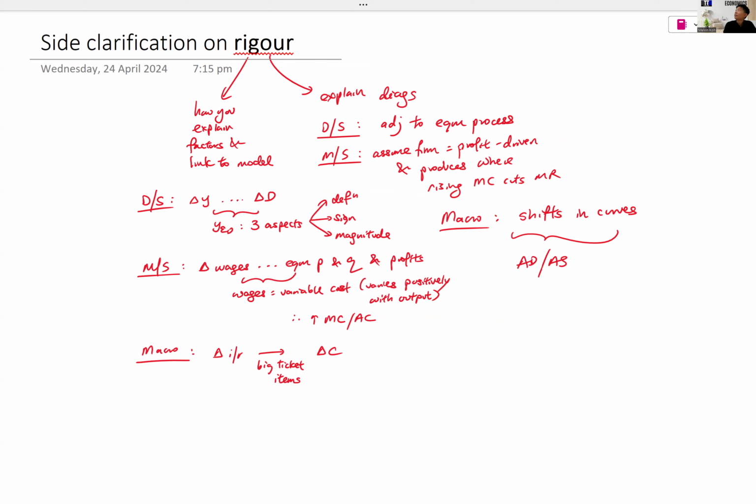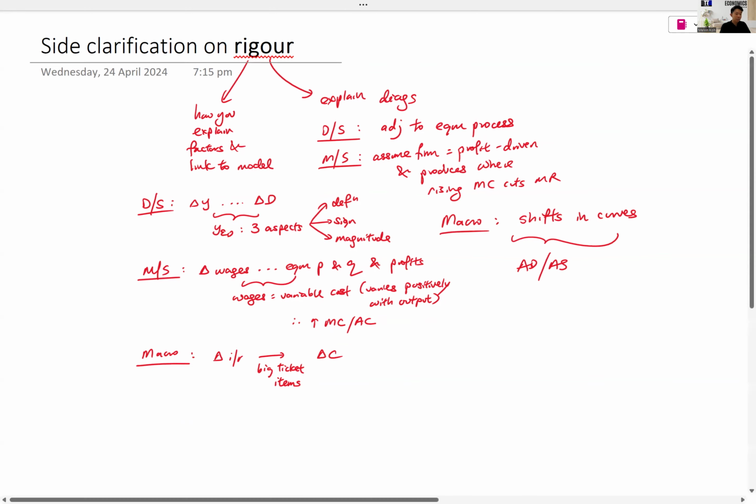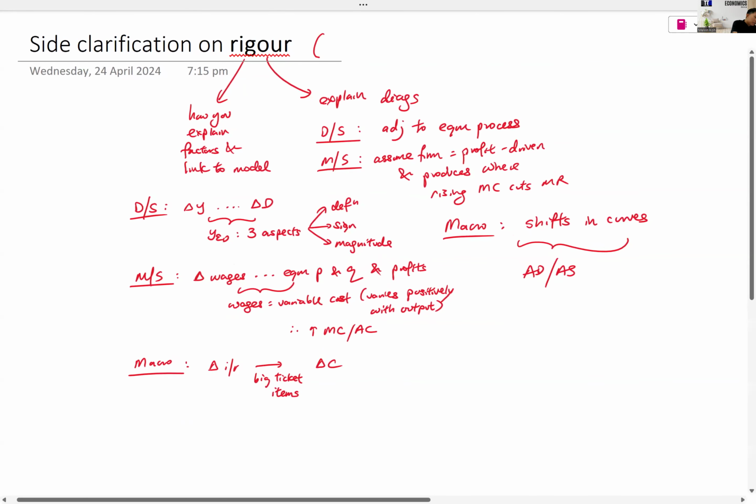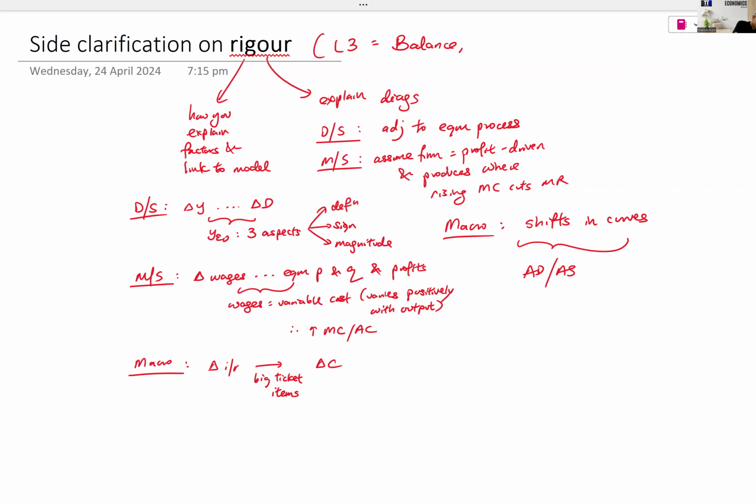Sometimes it is possible to revise econs from a mark scheme perspective, you know. When I say mark scheme perspective, we know Level 3 requires what? Anyone remembers? Three things. Level 3 starts with a B, followed by a C, and a C, BCC, right? Balance, content, context. As we do revision,